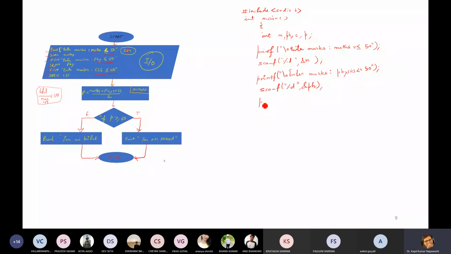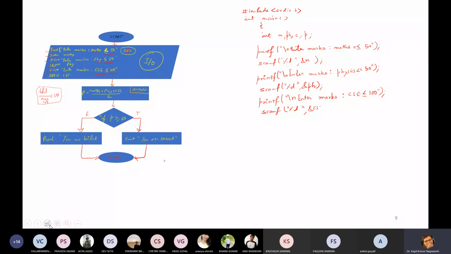Then come to the next statement, printf \n enter marks CSE less than or equal to 100. Now scanf %d address of CS.